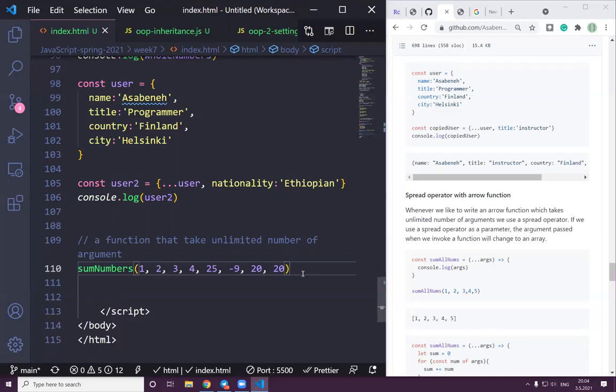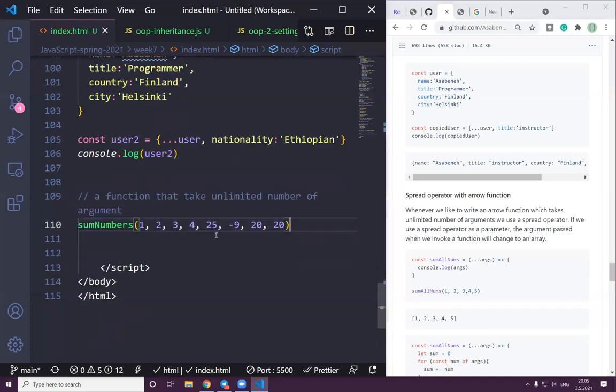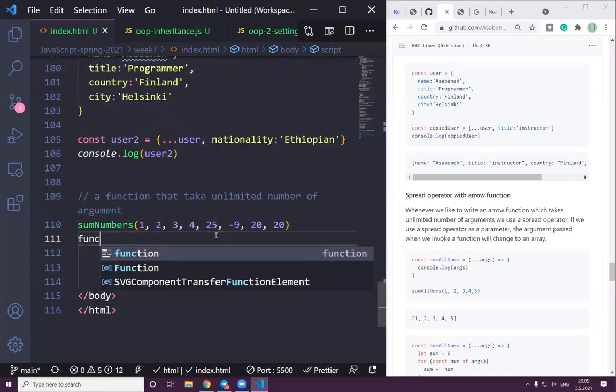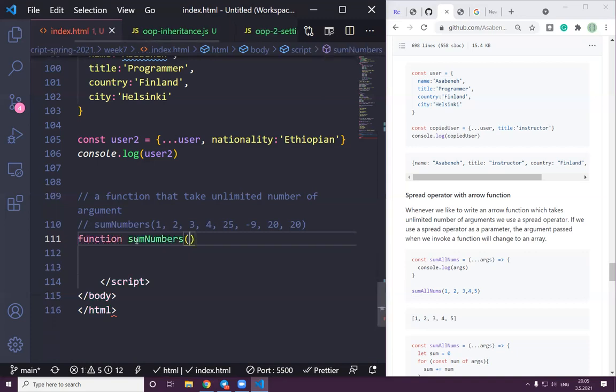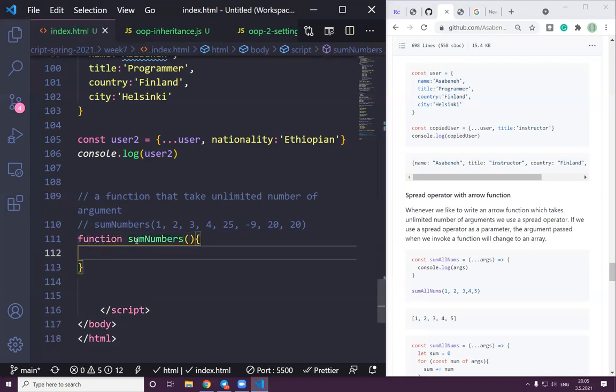Any idea? I will show you. I will implement this in two ways. One, using function declaration, because in the meantime you will see the difference between a raw function and this. Yeah, and then we have this